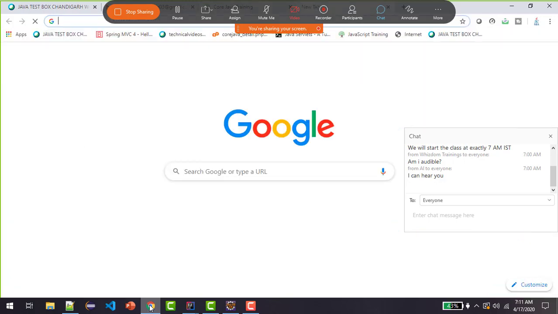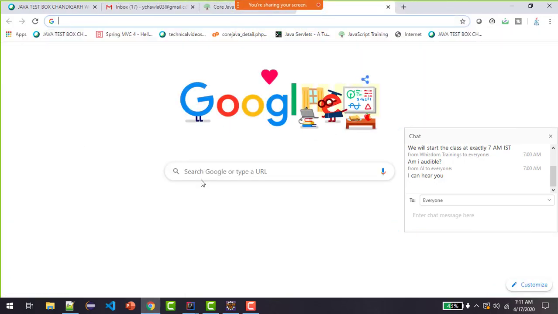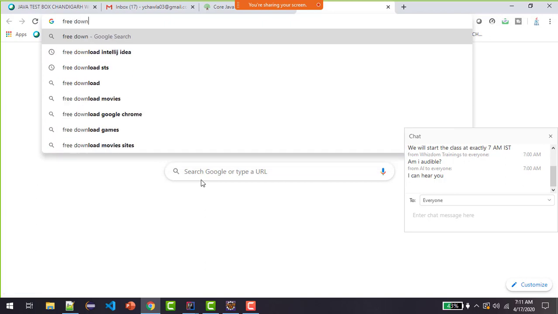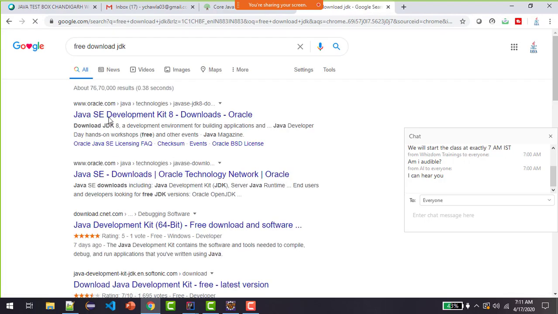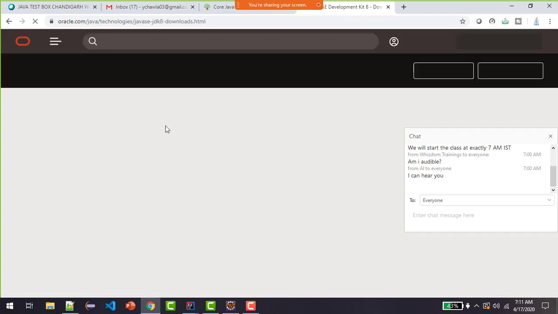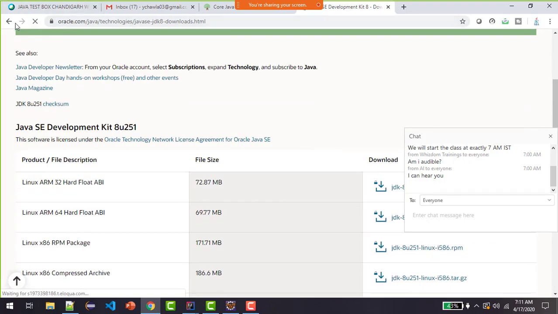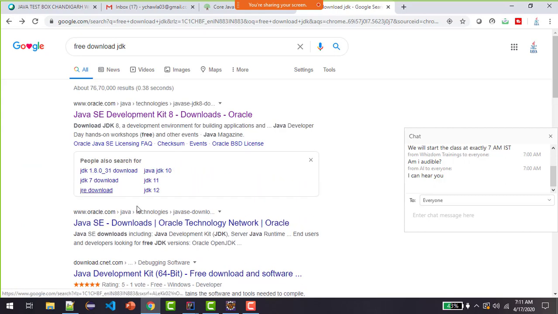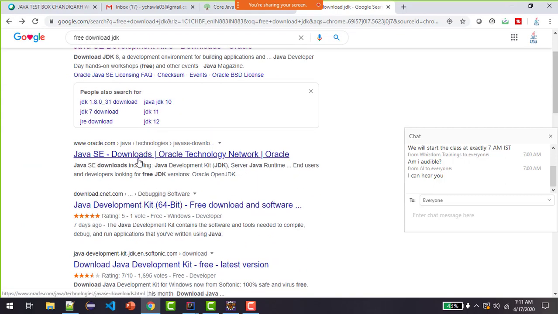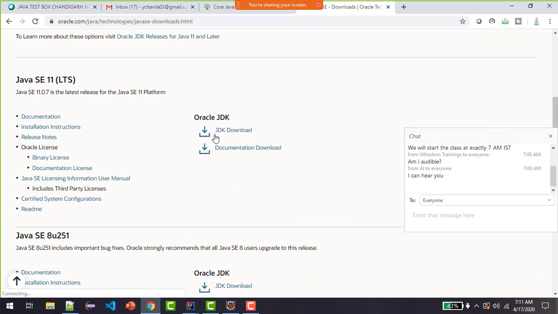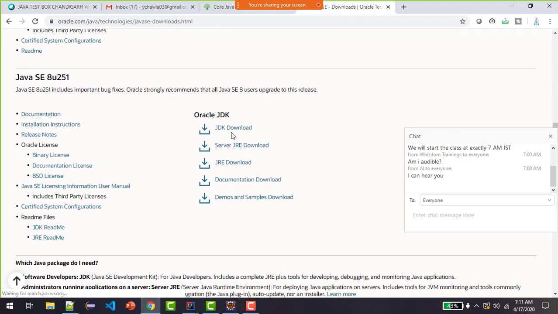What if I need to download the latest version of JDK? Where shall I go? If I simply search that I want to download JDK, it will take me to this Oracle website. Here, if I select this option, oracle.com, this is an HTML page. Here also I can select this, JDK Standard Edition 11. They have changed this page.